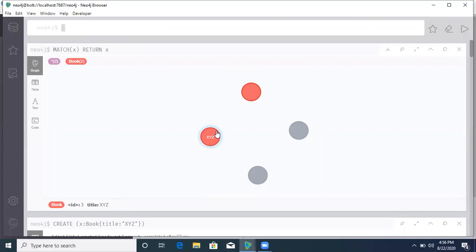Okay, so you can view the previously created nodes and this new node with the label as Book and title as XYZ, and the ID of that node is 3, right?